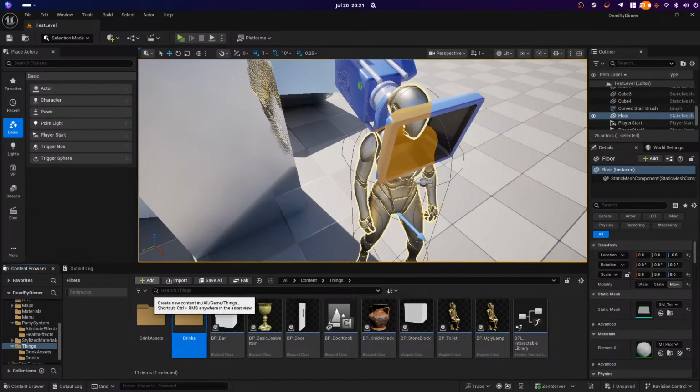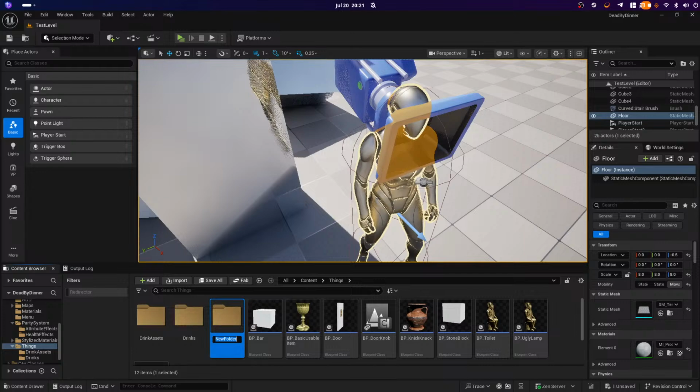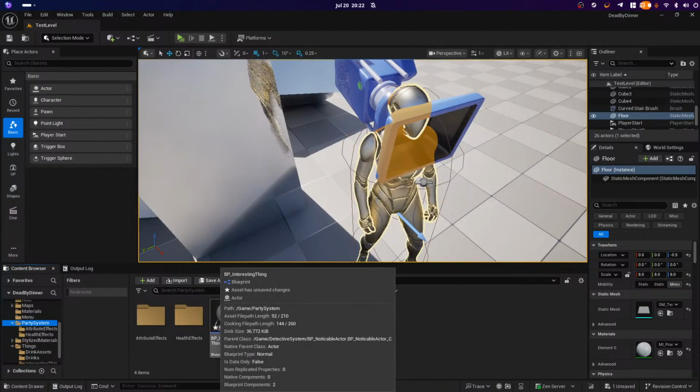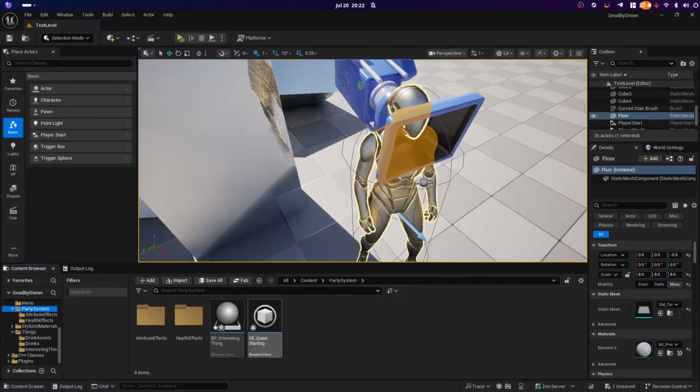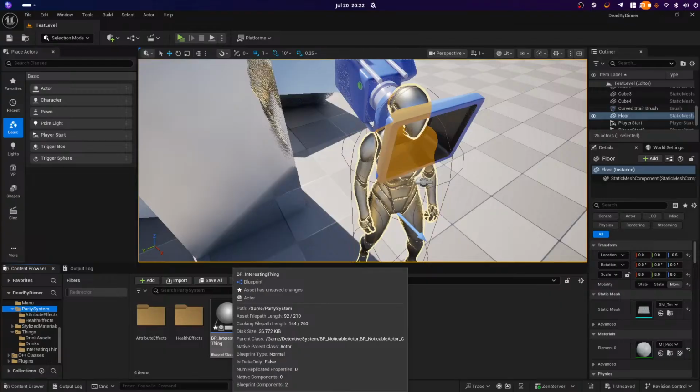Let's add a folder, interesting things. And also, I think we should also be able to spawn interesting things. So, because we have the BP interesting thing here,